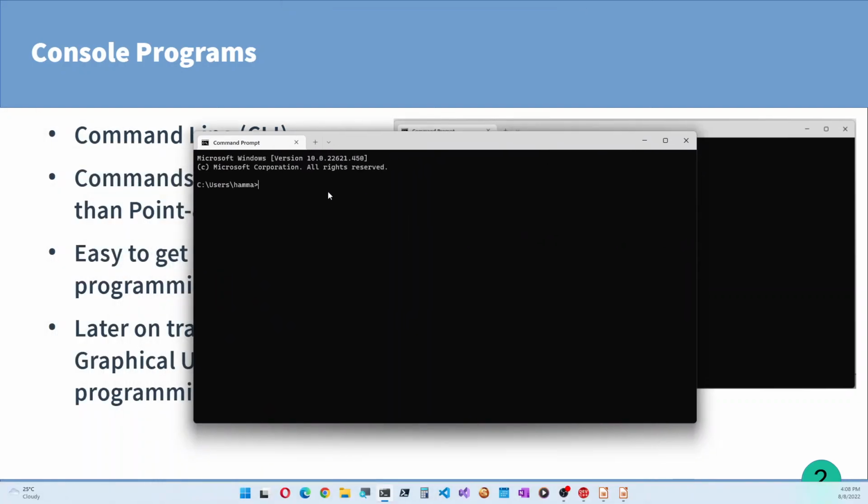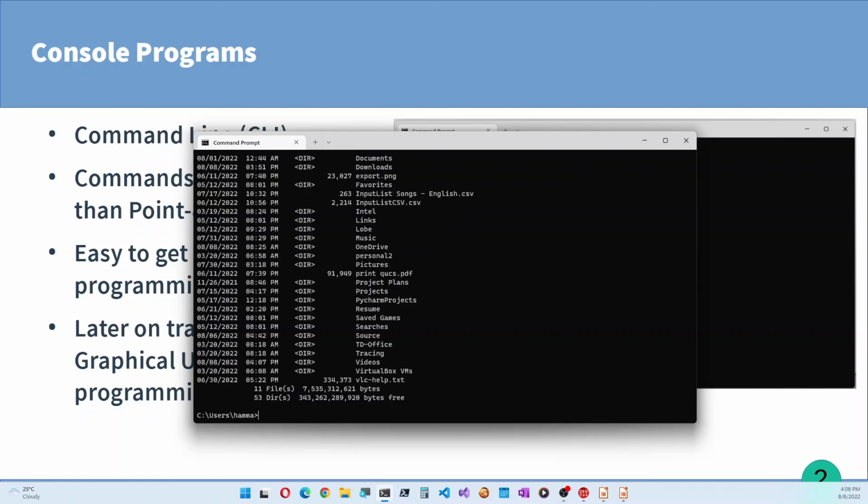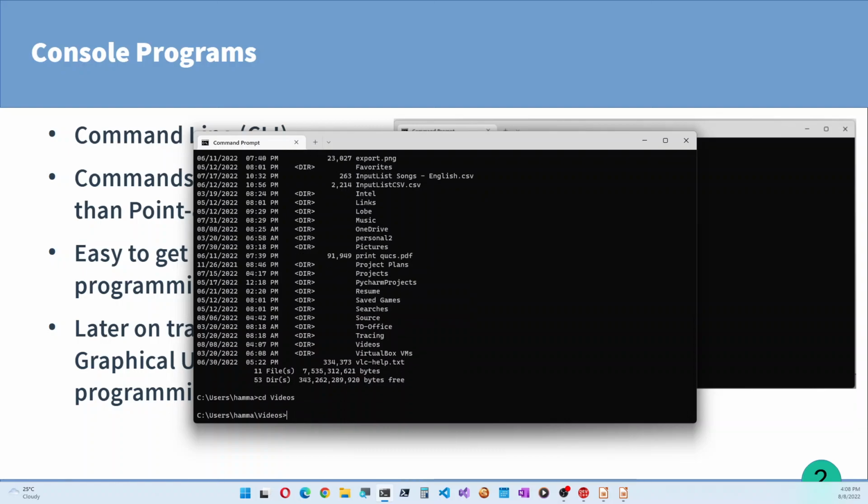So this is your console window with the blinking cursor, and you type commands. We can list the contents of a particular folder. And if you want to change into a folder, we can use the cd command, and the folder is changed. The path of the folder is displayed here.